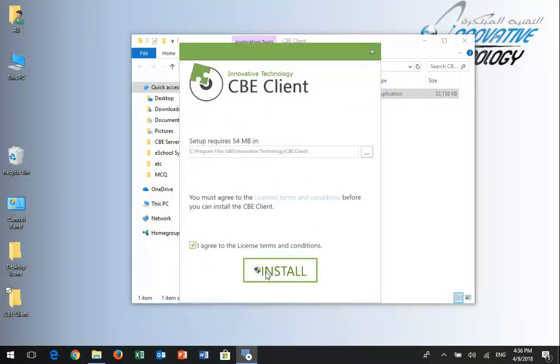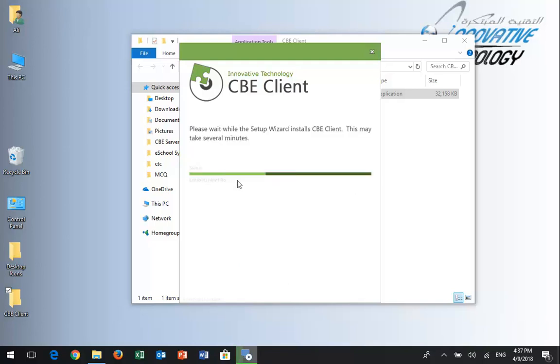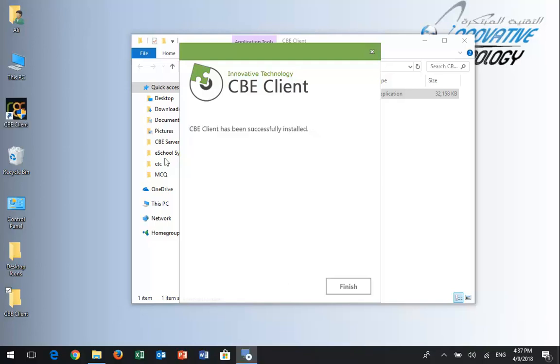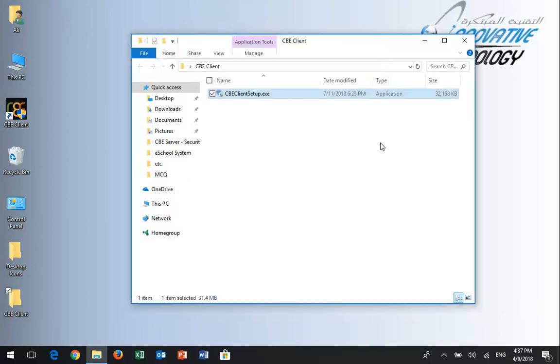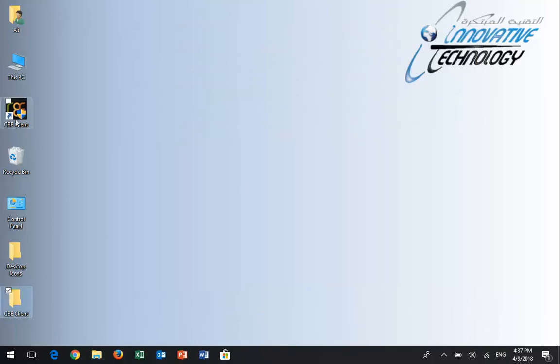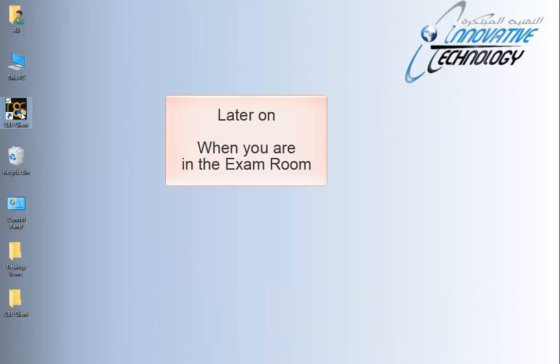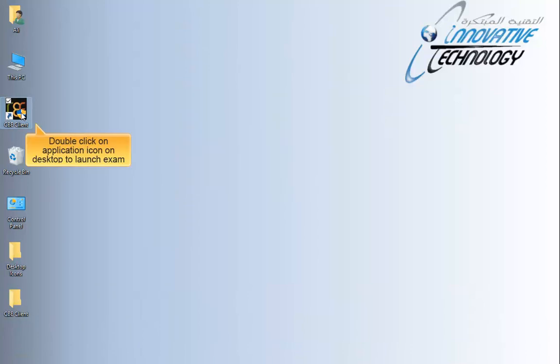Agree to the license terms and conditions and click the Install button. Watch the installation progress indicator, and you'll realize once the installation is finished that an icon has been created on the desktop. You can start the exam later simply by clicking on the icon. Later on, when you are in the exam room, you can double-click on this icon to start taking your exam